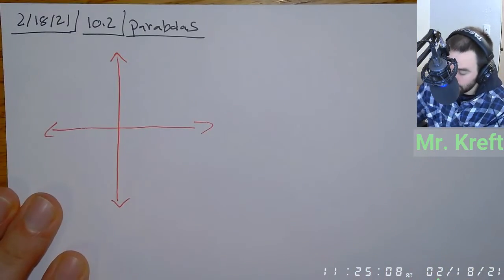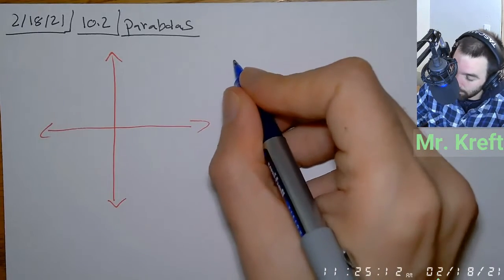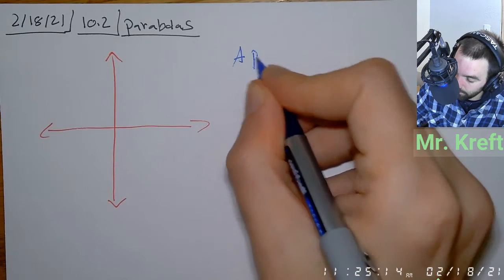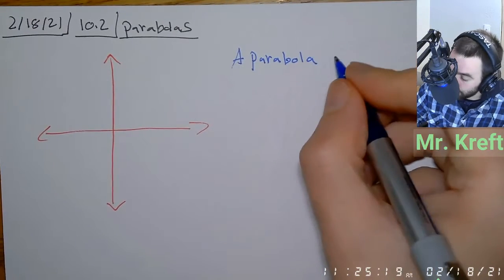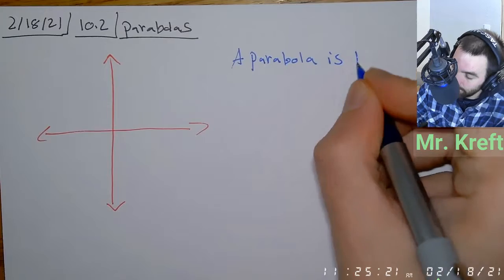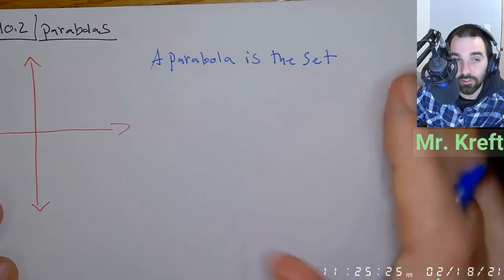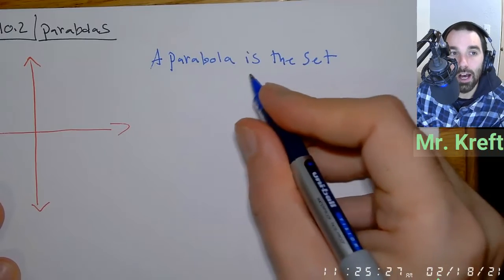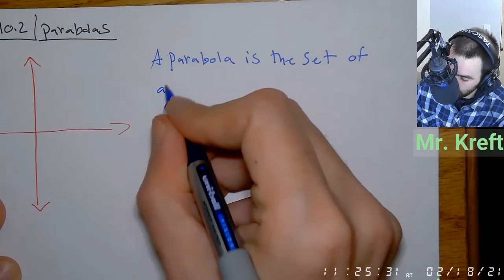And how we define a parabola. So let's just write down the definition first. So the definition of a parabola, okay, is the set of all points. And remember, set in math just means collection. So when I say a parabola is the set, it's the collection of all points